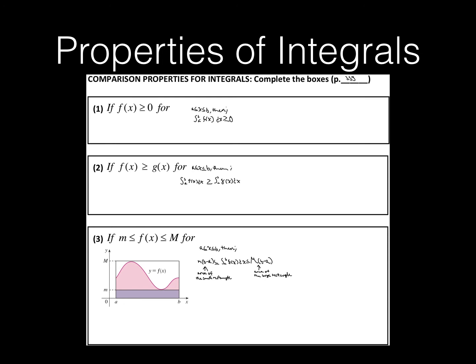And if f of x is greater than or equal to g of x for a less than or equal to x less than or equal to b, then the integral from a to b of f of x dx is greater than or equal to the integral from a to b of g of x dx. If m is less than or equal to f of x, which is less than or equal to M for a less than or equal to x less than or equal to b, then m times b minus a is less than or equal to the integral from a to b of f of x dx, which is less than or equal to